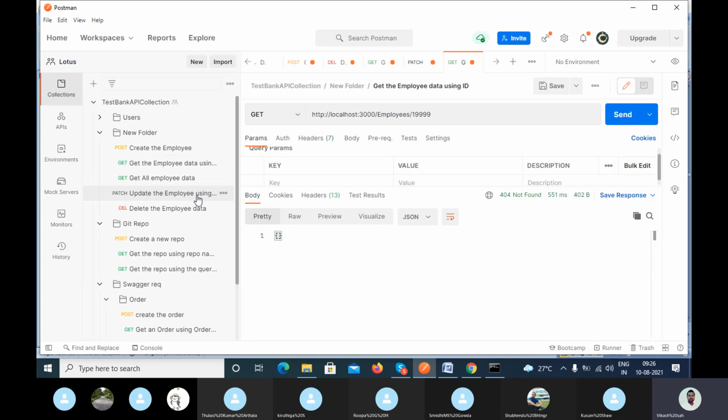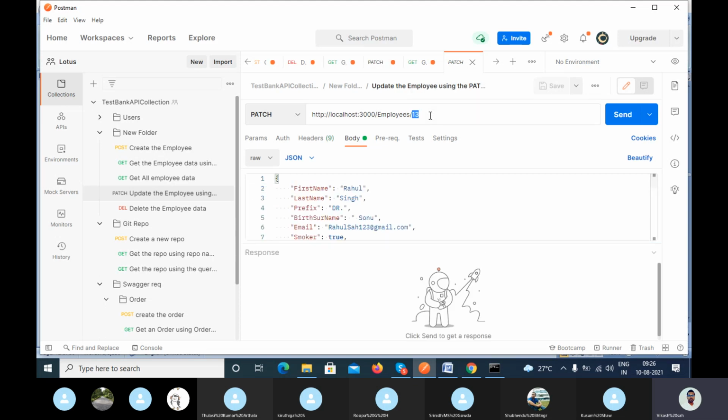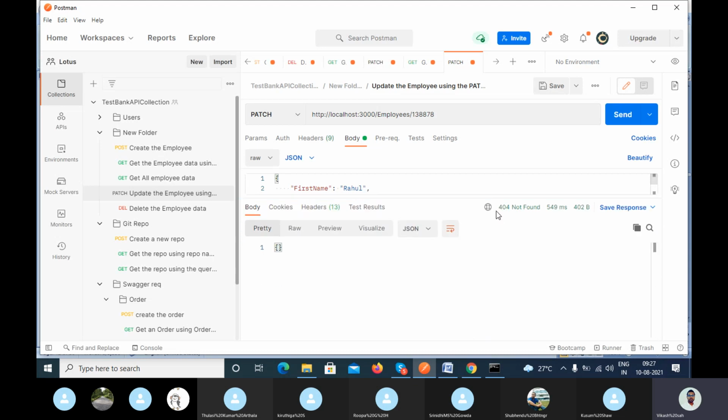Okay, similarly, when you are trying to update your data using the patch method or the put method, if you pass valid data, then it's okay, it will update your data. If you pass some invalid data, the data which is already deleted or does not exist, then you will get 404 not found.